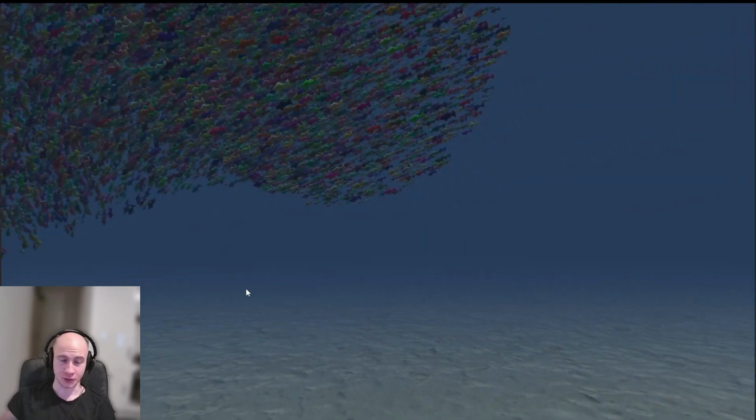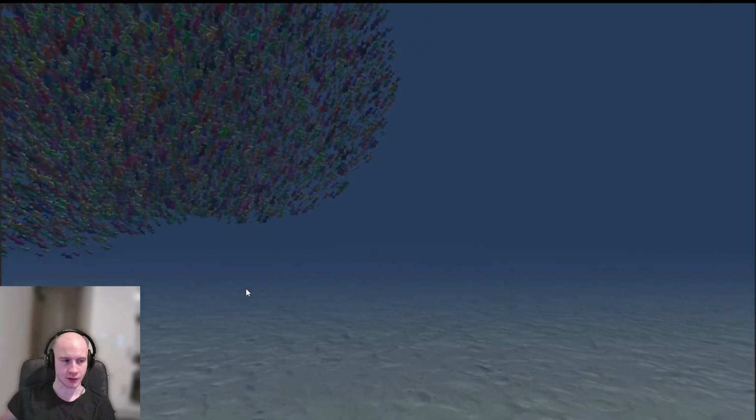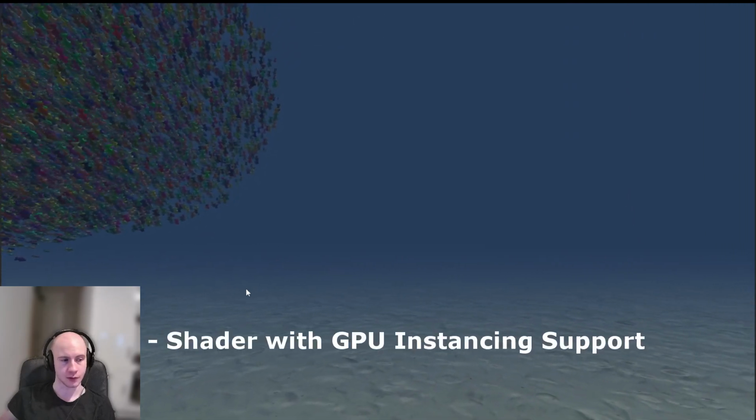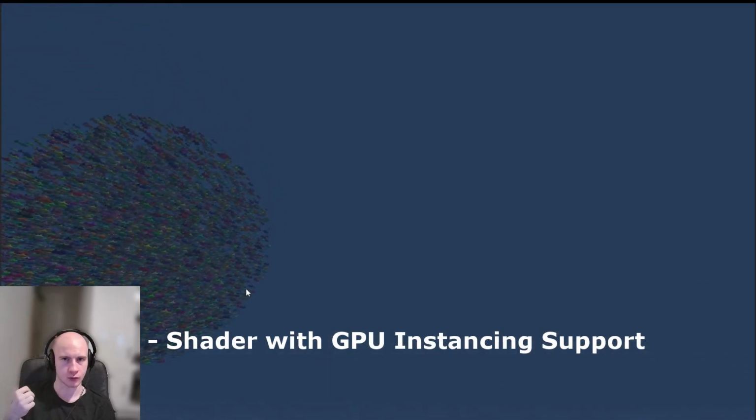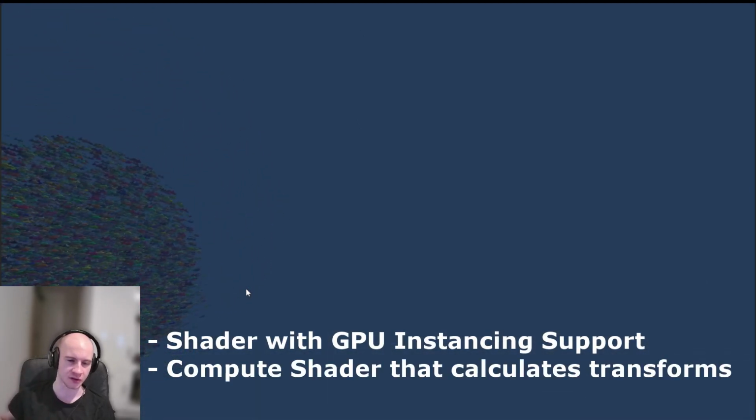Welcome to another advanced Unity game dev tutorial. So today there's not a lot to explain. We want to move 100,000 objects. In order to do this, we need some special shaders. We need one that supports GPU instancing, and we need a compute shader to calculate all the positions and rotations